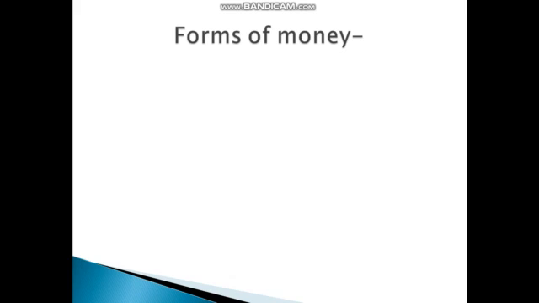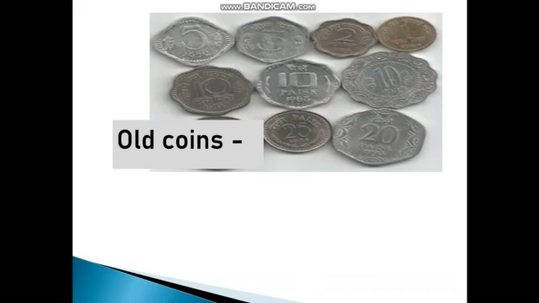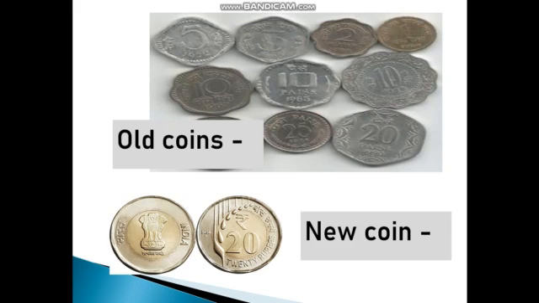Now forms of money. We can use our money in two forms. There can be coins and there can be notes also. You have already studied this in class 1, so let us see which coins we are using. We have 50 paise coin, 1 rupee coin, 2 rupees, 5 rupees and 10 rupees. And then there were some coins that we were earlier using but now they are not in use: 1 paisa coin, 2 paise coin, 3 paise, 5 paise, 10 paise, 20 paise and 25 paise. So these days we are not using these coins. We have one new coin also, and that is a 20 rupees coin, which has just been introduced.